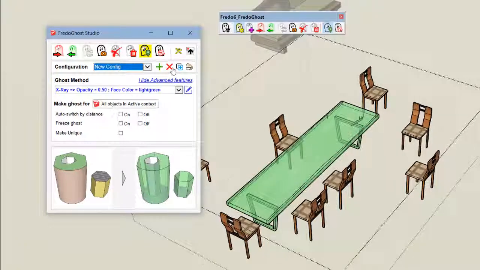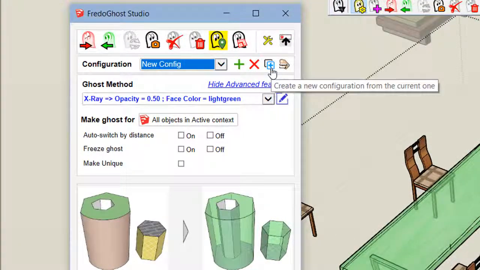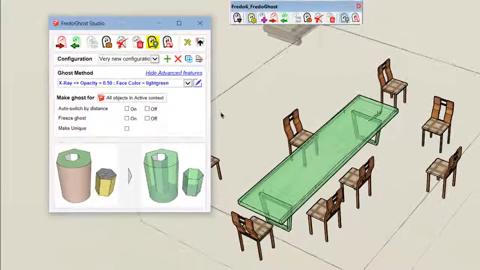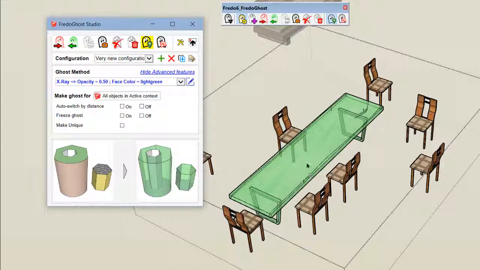So if I create now a new configuration from this one, so let's call it very new configuration. I am now inheriting from the green table.